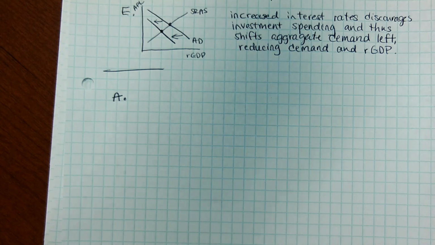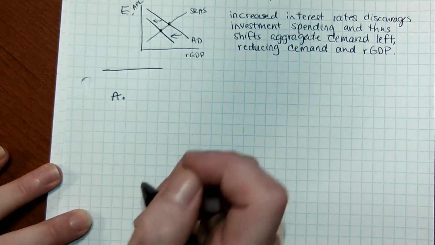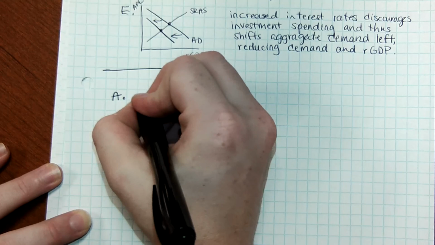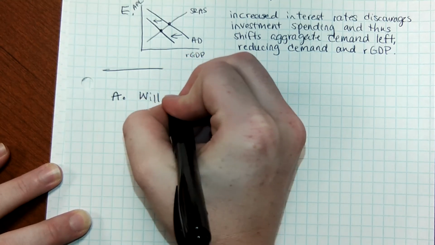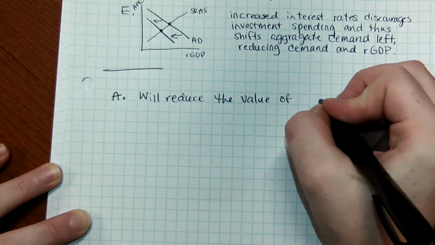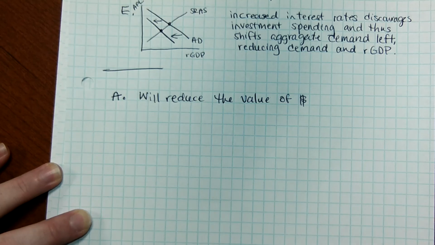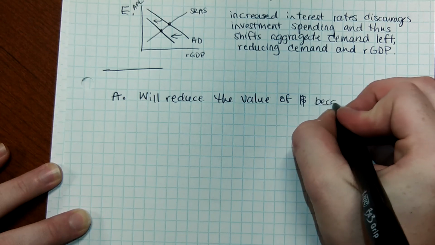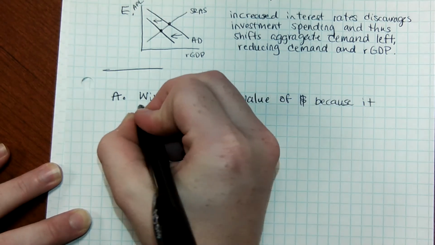We will have a unit on this, but I wanted to at least play with it a little bit, and it helps to segue into the rest, which is the loanable funds market. So what I'm going to say for A is that this decision by investors will affect the international value of, let's say, the dollar. It will reduce the value of, I'll just put $1 there. I'm going to be a little lazy here. Because it increases